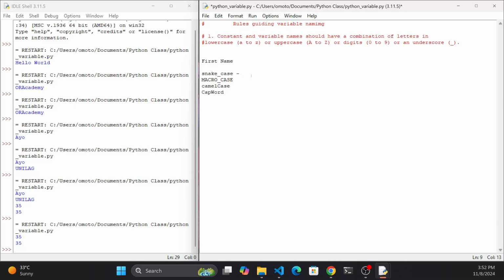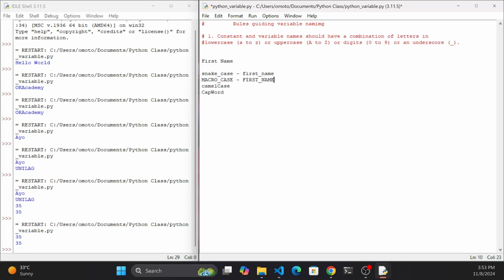So for example, for our snake case, we're going to have first underscore name, the same way we have snake underscore case here. Also, we have the macro case. Macro case is similar to snake case, but the difference is that it is all in capital letters. So FIRST